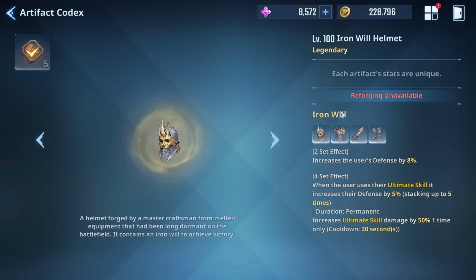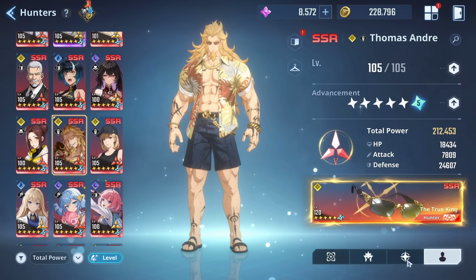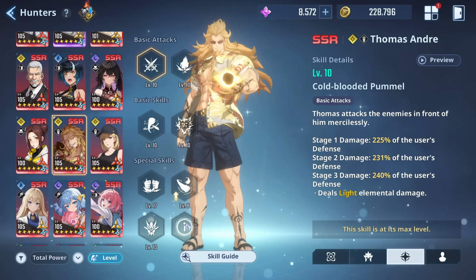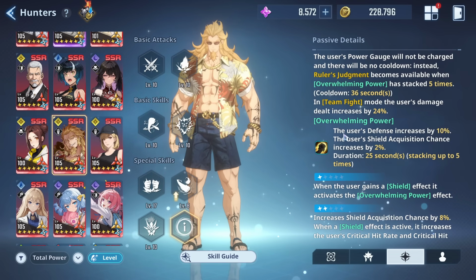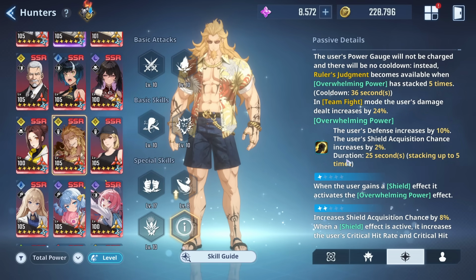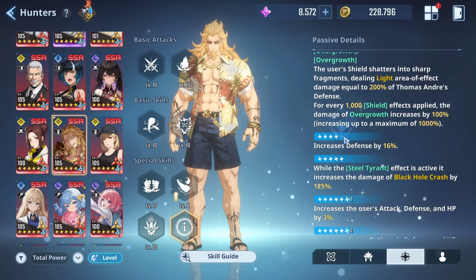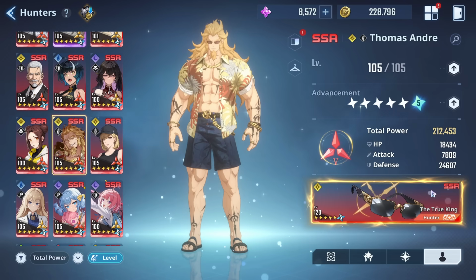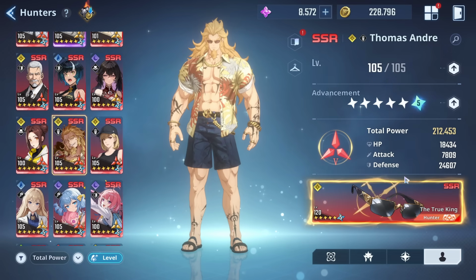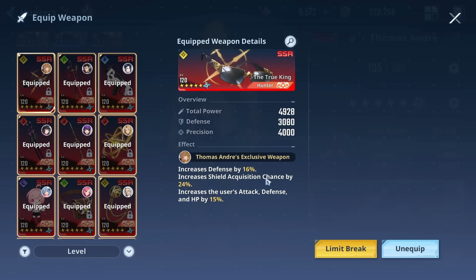Some of you guys might think that this is actually huge because that's 33% defense. But for Thomas Andre, it's actually not gonna give some game-changing damage increase because Thomas Andre actually already has lots of defense percent. From overwhelming power, you get defense by 10% and then stacking up to 5 times. You'll also get defense percent from the A4, which is going to be 16%, your ultimate transformation 20%, dimensional advancements up to 30%, from the weapon 16%,